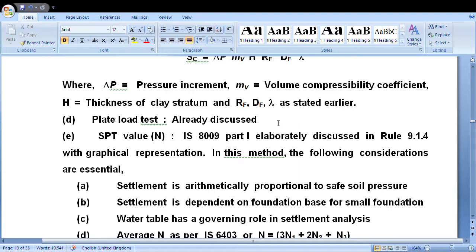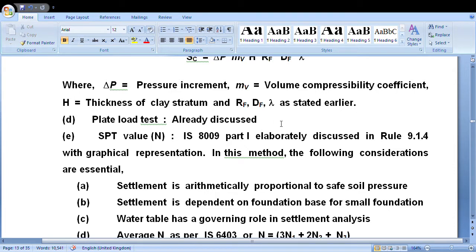Terzaghi, Winterkorn, Peck, Hanson, Thornburn, Scott, and Bowles have mentioned that in case of C50 soil, that means pure cohesive plastic fat clay, that is totally C50 soil, settlement correction can directly be computed as proportional to width from the plate load test results. But in all other types of soil,